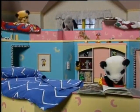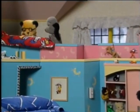Chapter 2. In the middle of the forest, there lived...